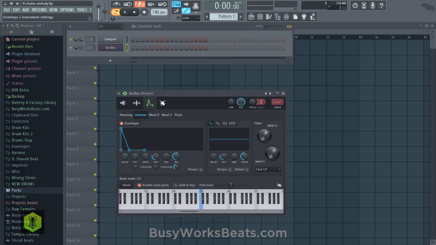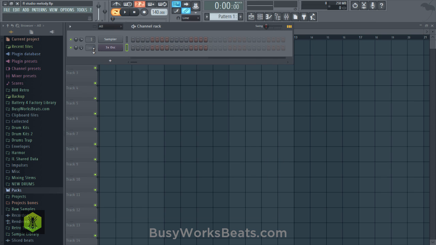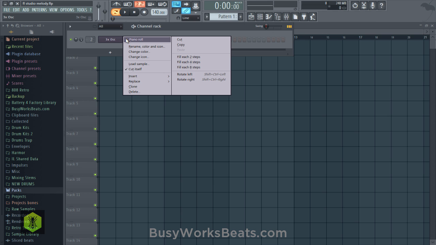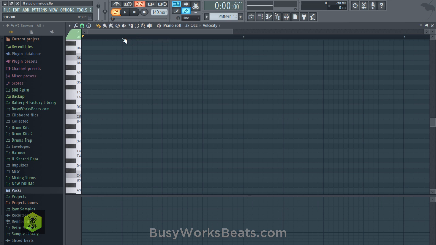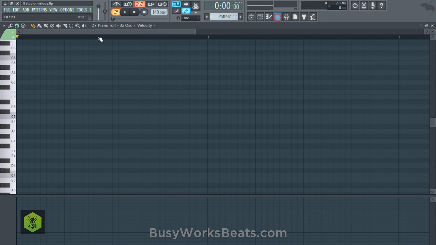Okay, now let's get into melody. So now you have a decent sound to start with. Let's get into what melody is and how to simplify it. So there's much more to melody than what we're going to cover today, but let's just go over the simple aspect of melody. Let's right click and go to piano roll so we can open up the MIDI screen.